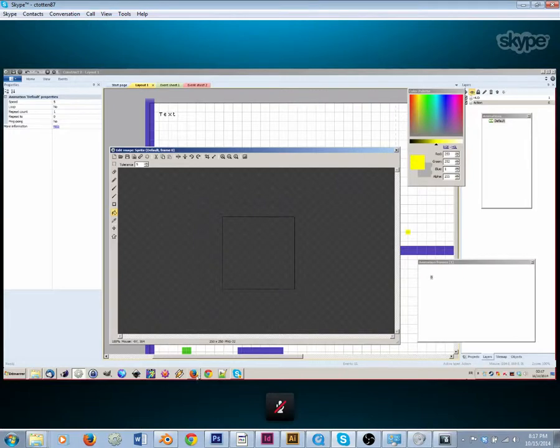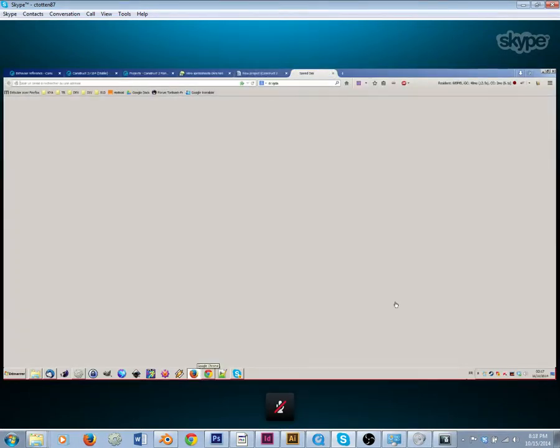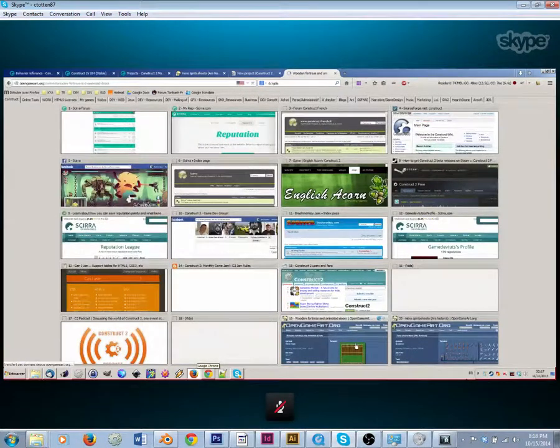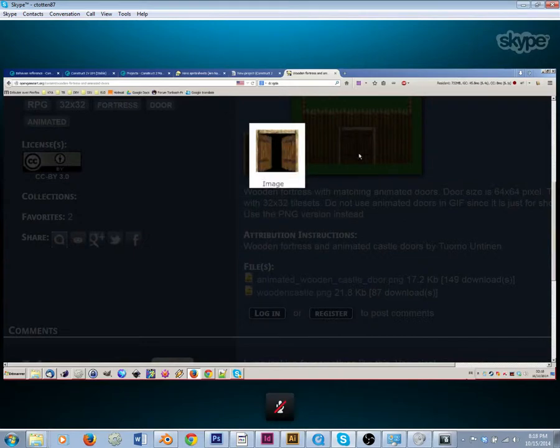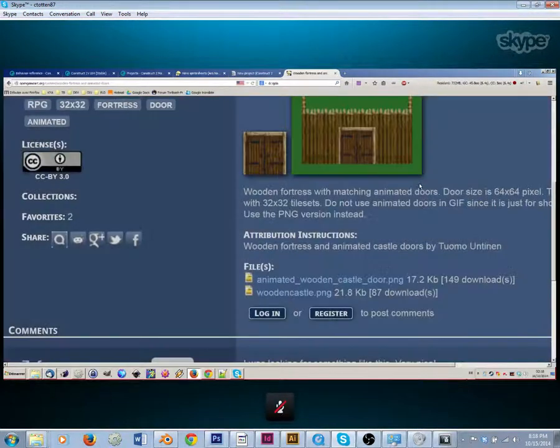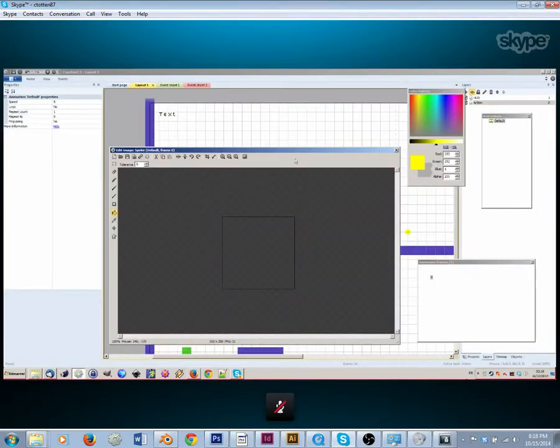And I will add a new object, but this time it's going to be a door. And this door, I will take it from here. So it's yet another OpenGameArt.org file. This one is an animation. It's nice, but it's not what I want. This one. I do have all the elements, and what I can do is actually right-click and copy the file directly and paste it